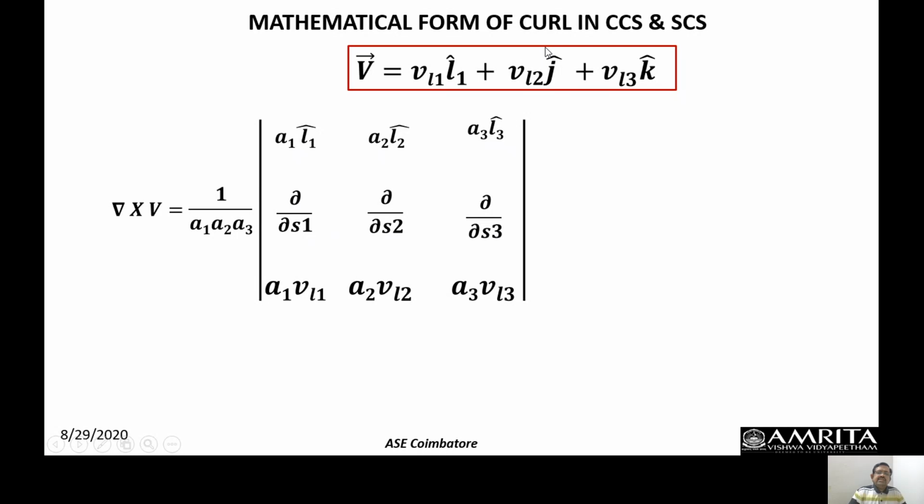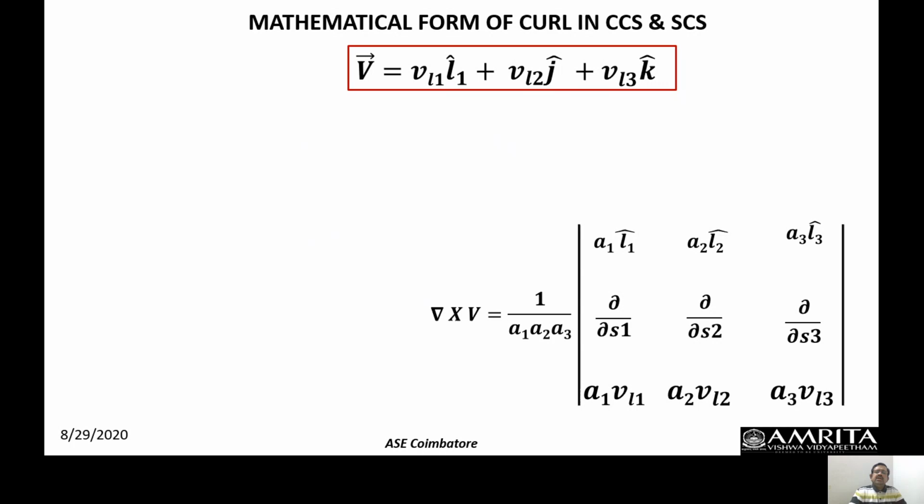So the whole exercise was to help you develop, when we talk about curl, this one. If I want to develop it for the sake of mathematical completeness, I have given this formula straight away. All you need to do is draw the parallels between the rectangular coordinate system and this generalized coordinate system, or cylindrical coordinate system with the generalized, or spherical coordinate system with the generalized. Determine the linear and the angular parameters, substitute appropriately, you will get the expression for the curl.